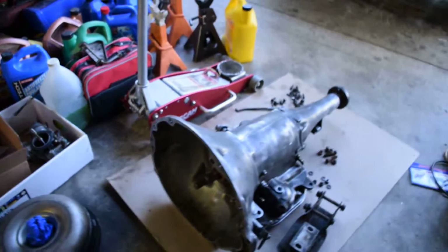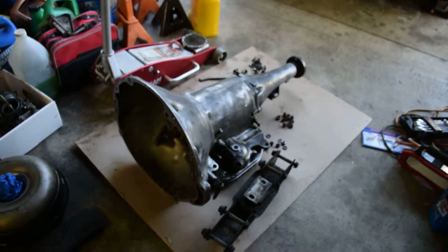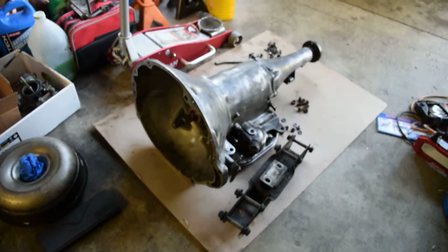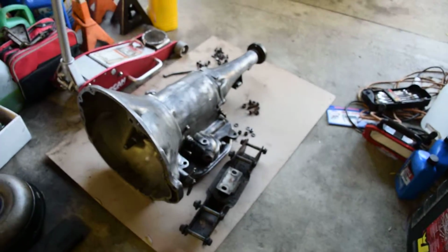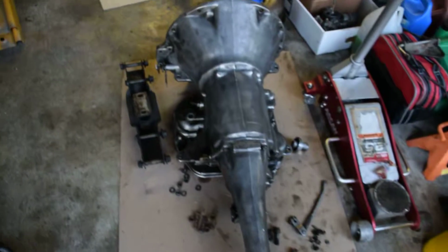Anyways, this took about 3 hours to pull out, and it didn't fall on my stomach when I got it out. I was just using a 2x4 going across the pan on that jack right there, and pretty much undid everything. Slid a hammer under the oil pan on this motor to keep everything upright. Can't really see right now, but